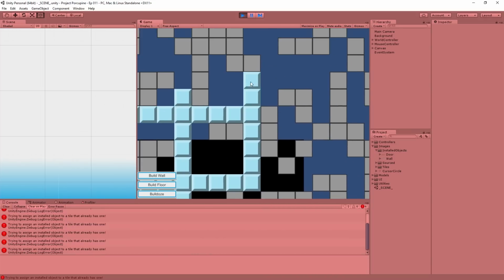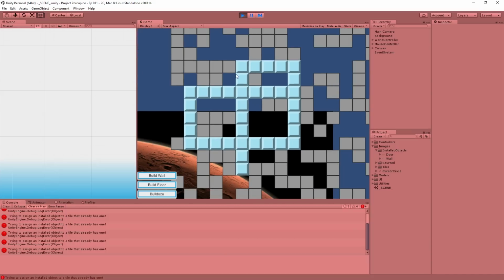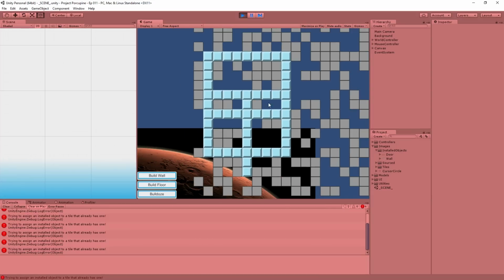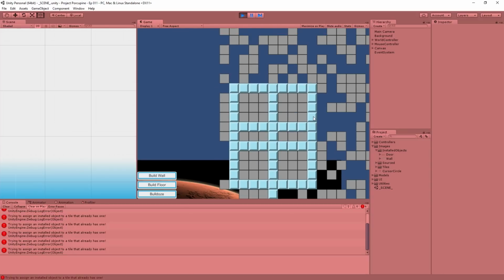So a couple of things. First of all, I do intend to rename these installed objects to probably something like furniture. And I know that most people won't think of walls and doors as furniture, which is fine. But a lot of people have brought up the idea of, hey, why not introduce some sort of subclass? Why not have walls and doors be some sort of subclass or something like that? I'm intentionally trying to